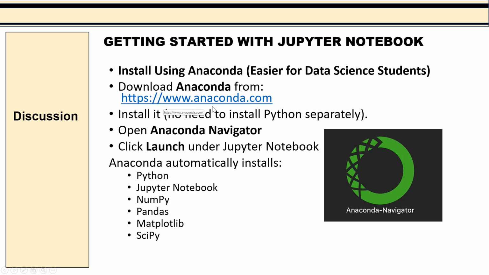There's an official website, anaconda.com. The good thing about Anaconda Navigator is that when you launch it, it automatically installs Python, NumPy, Pandas, and various libraries, and of course we can launch Python. So that's how we open and install.